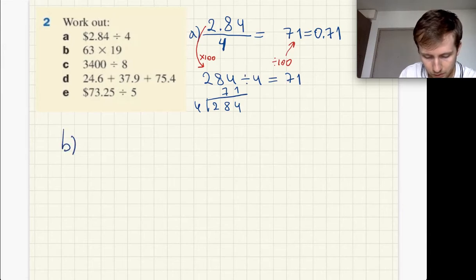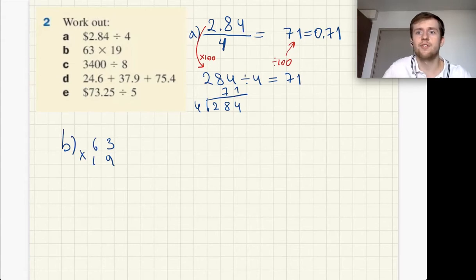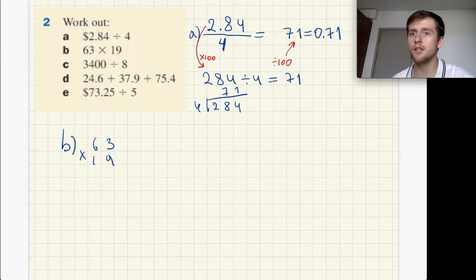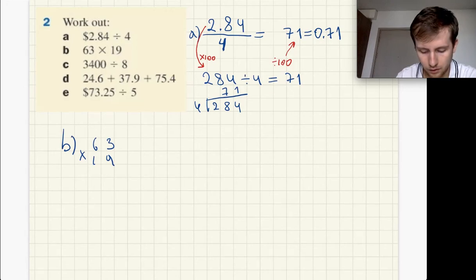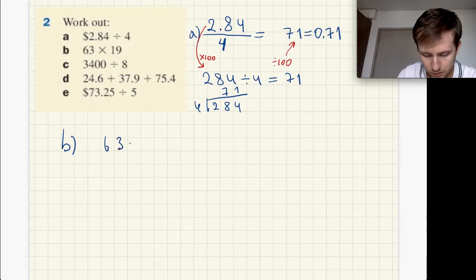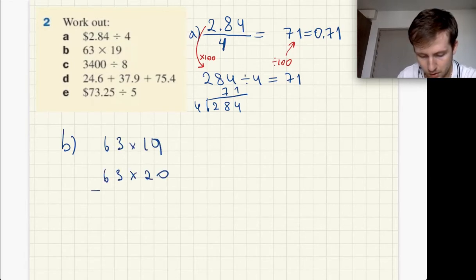Next we have 63 times 19. Here I would say we can just use a standard method, honestly. I think it's going to be fast enough. But if you want to, there's one more method which I use sometimes for myself. It's like this. So we can say that it's the same as 63 times 20. Let's write it like this. So 63 times 19 is the same as 63 times 20 minus 63